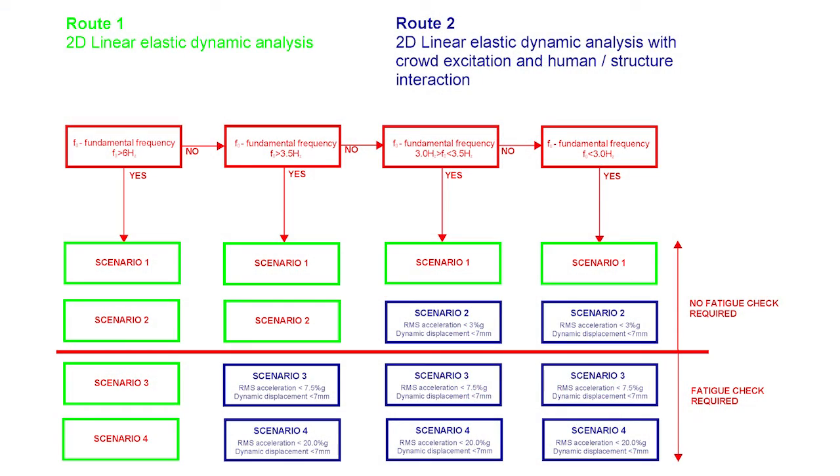And based on these 4 scenarios, we have 2 methods to analyze our structures. The simplified method is to find the mode frequencies, the natural frequencies of the building or the structure, and if it's above 6 Hz, then this is fine. But it's very difficult to get the frequency of the structure above 6 Hz, because this would require an uneconomical design for this structure.